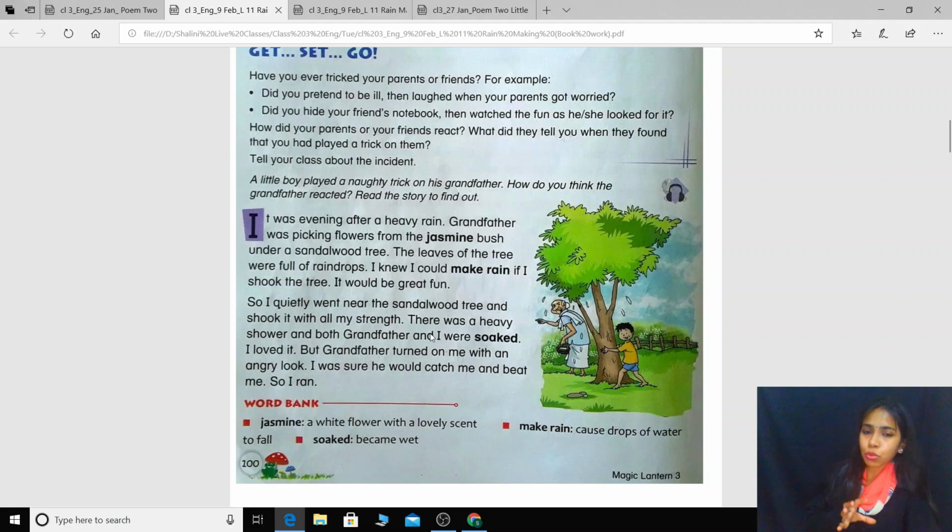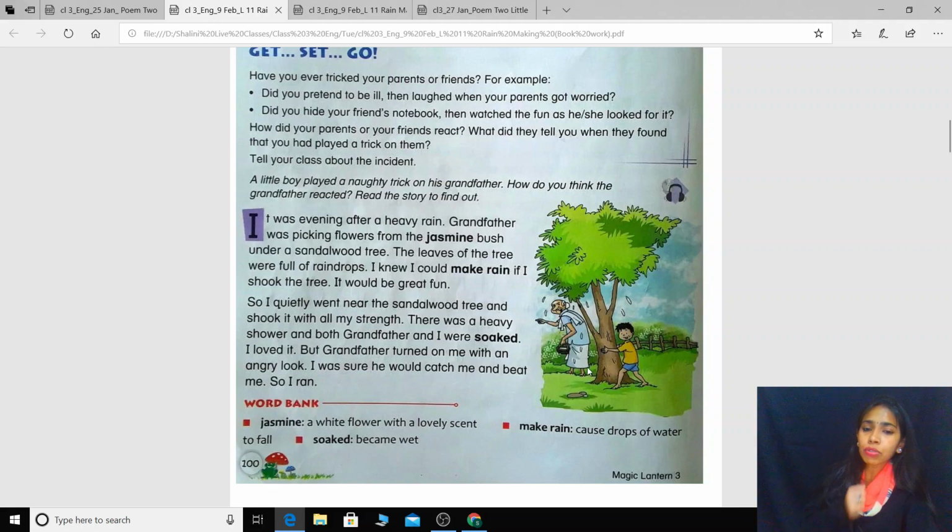So in short I will try to recap the story, children. There was a boy whose name was Raja, and Raja was a naughty boy, right? And he lived with his grandfather and grandmother. In the evening time it rained that day, and because of the rain, the leaves of the trees and plants were full of raindrops. So as grandfather went to pick flowers from the jasmine bush, Raja came